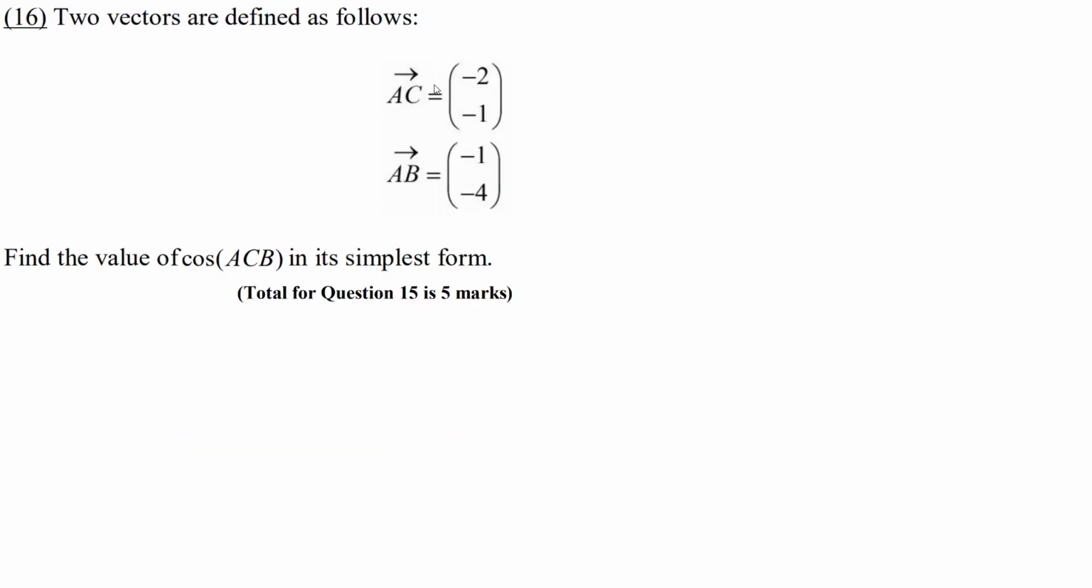Two vectors are defined as follows. A to C is this, A to B is that. Find the value of cosine ACB in its simplest form. Now there's actually a couple of ways to do this question. I'll show you the GCSE way, and then I'll show you a more A-level further maths way to do it,